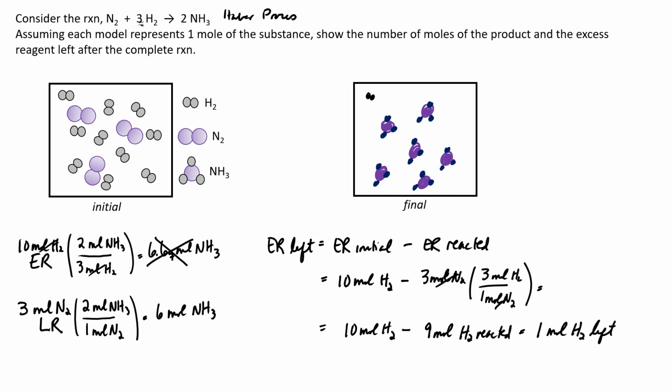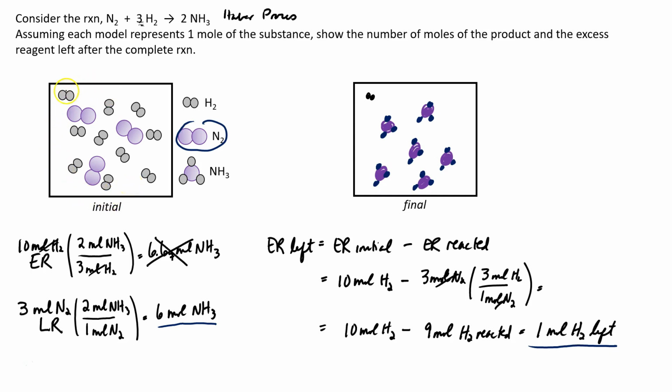And that's it. So again, I'm not going to put any nitrogen in our final conditions because it was the limiting reactant. It all got used up. We've sketched in our 6 moles of ammonia that were produced, and we've sketched our 1 mole of hydrogen left. And if I were you, I would pause the video and make sure and count that